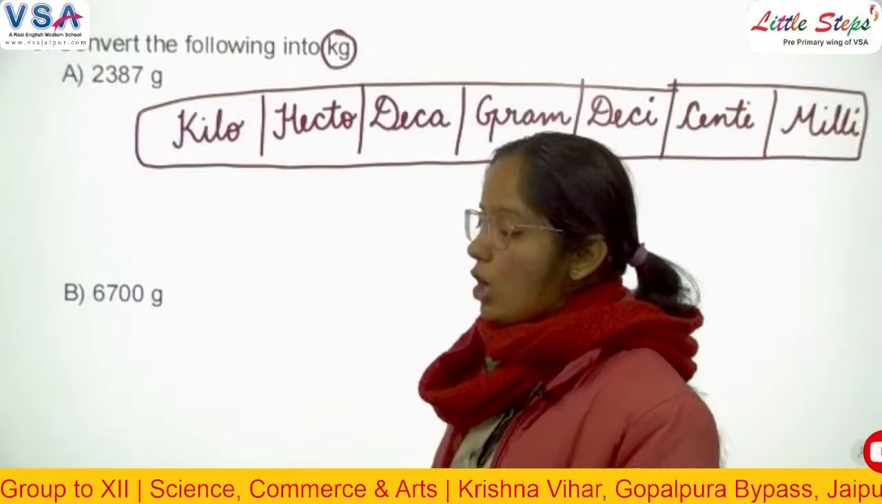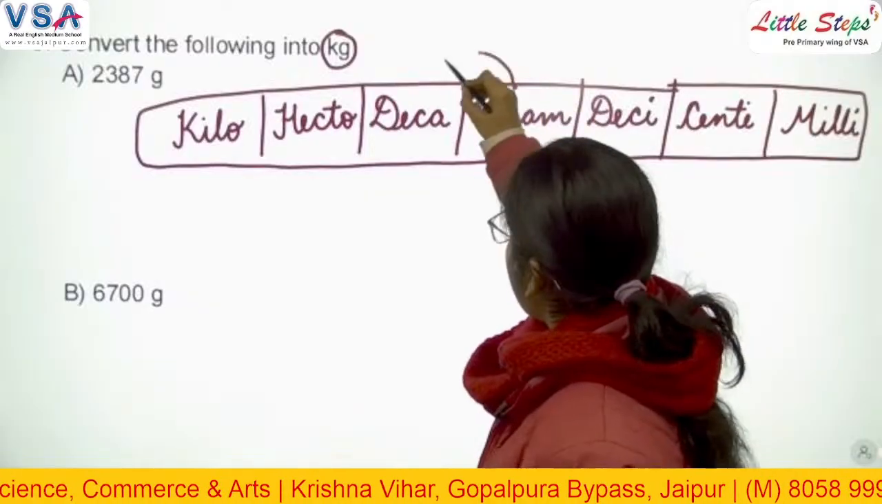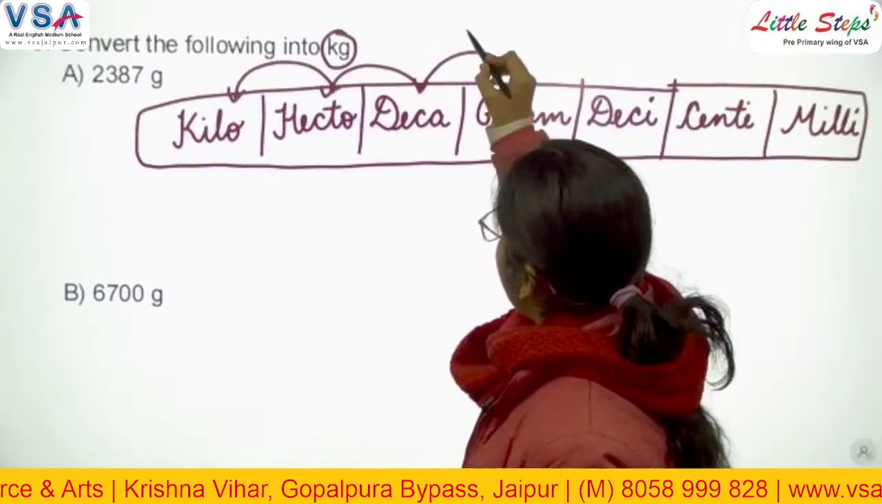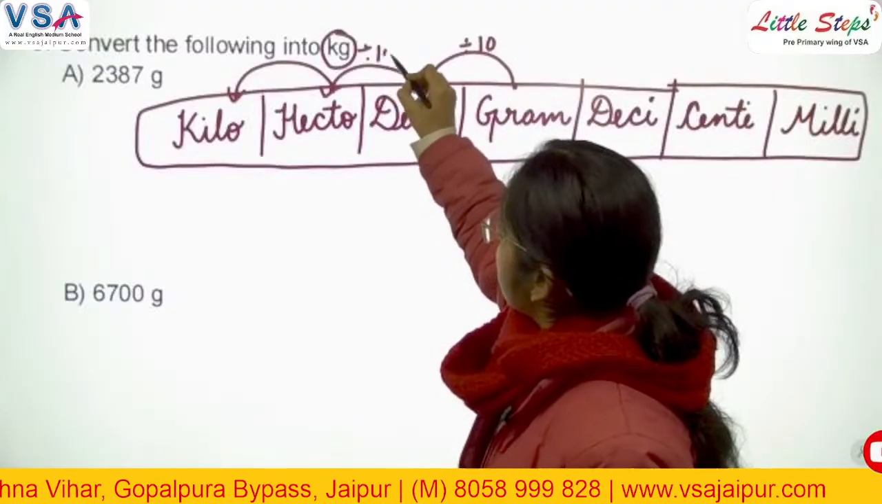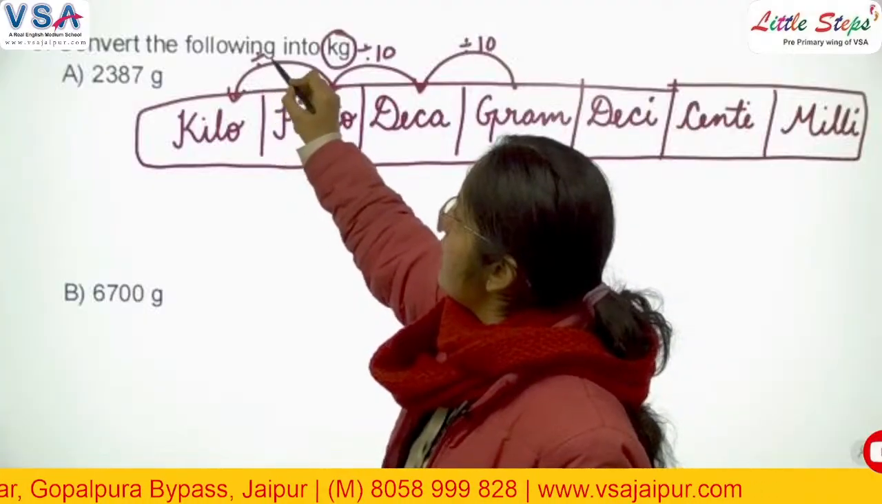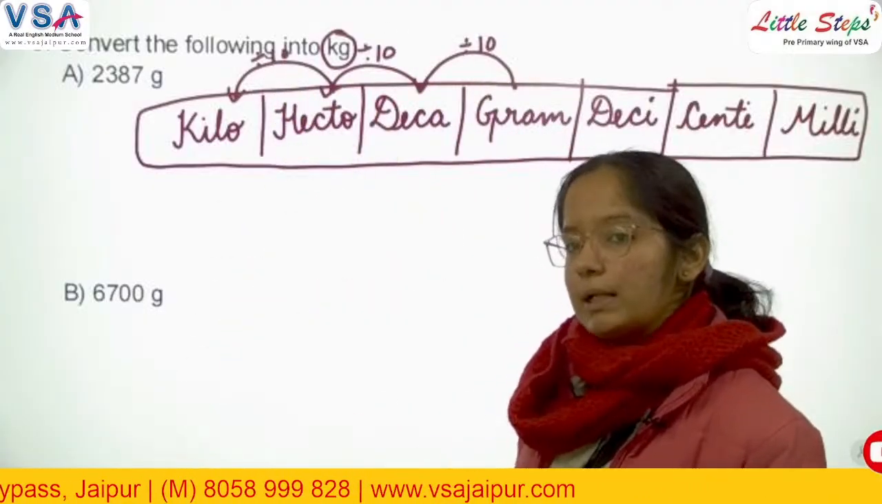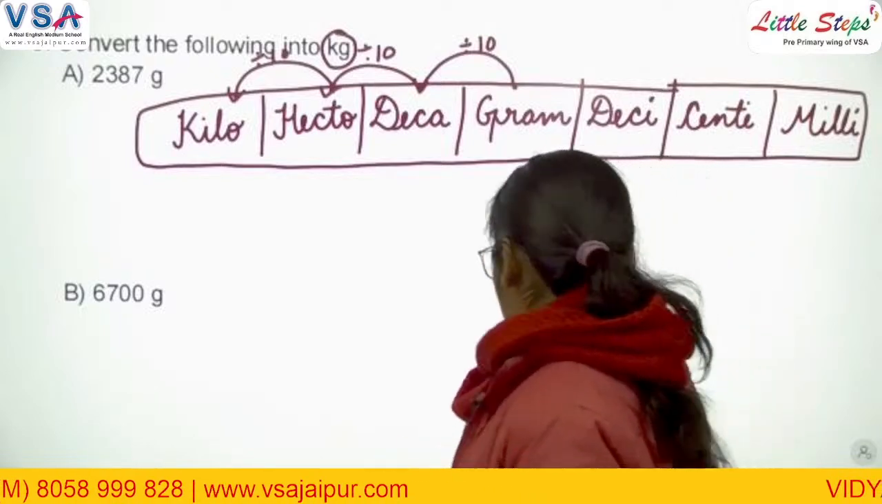So it is 2387 grams. We have to move from gram to kilo. We will divide by 10. Earlier we were multiplying. Now we are dividing. So it will be 10, 10, 10, 3 times. So it will be 10 multiplied by 10, multiplied by 10. That is 1000. So we have to divide this